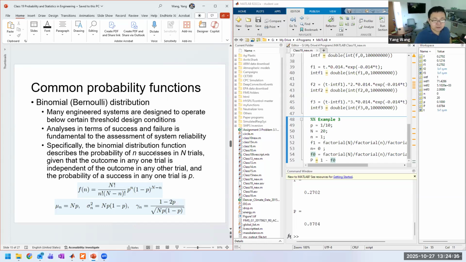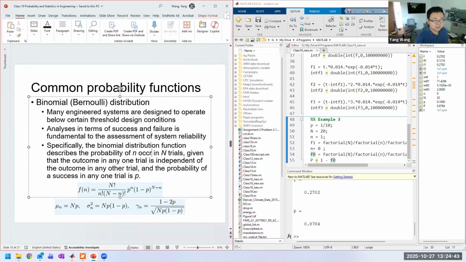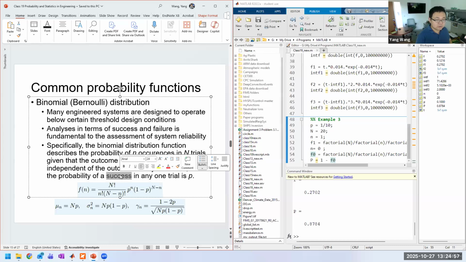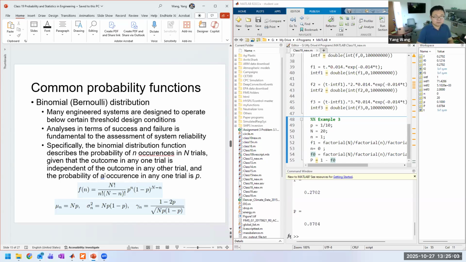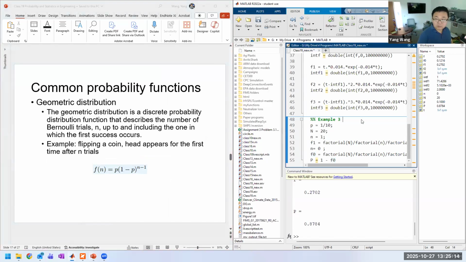So it's not influencing the probability of the downstream process. And another thing here it points out is the probability of n successes, but actually it should be n occurrences, right? So probability of n occurrences in N trials, given the outcome in any one trial is independent of the outcome in any other trial, and the probability of an occurrence in any one trial is P, right? Okay, so that is the binomial